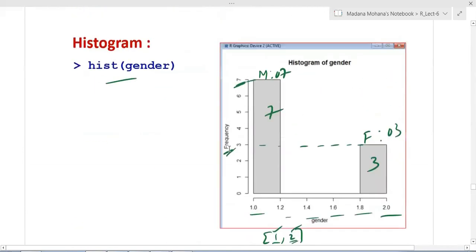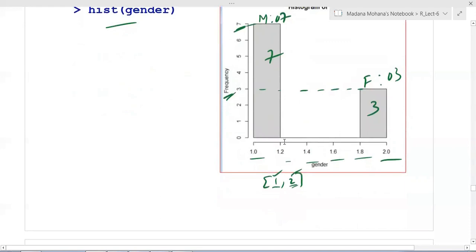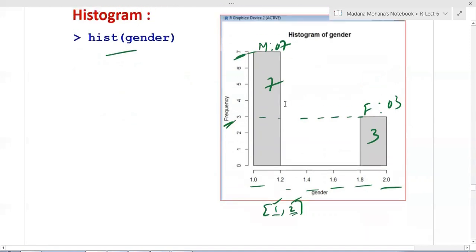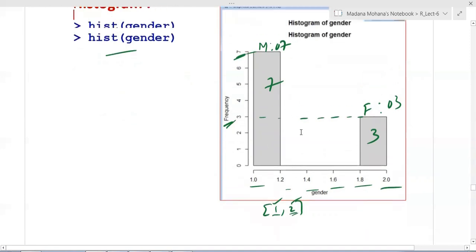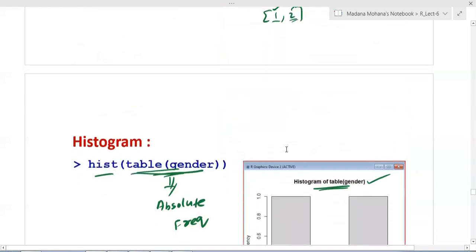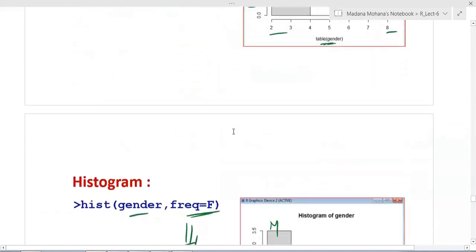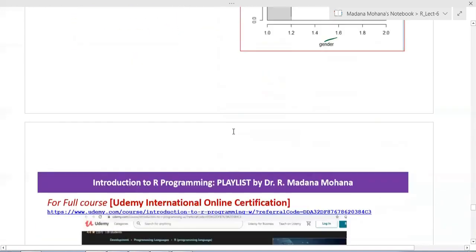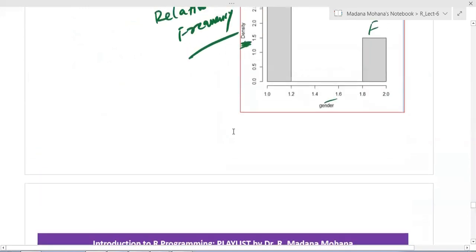Now here you can see the histogram x-axis with continuous scaling, the bars are not created separately. That is the difference between histogram and bar plots. Here also for absolute and relative frequencies. Okay, these three are the graphics tools which depend on absolute frequency and relative frequency.